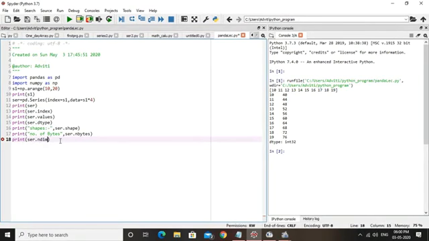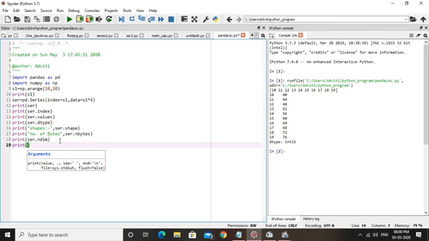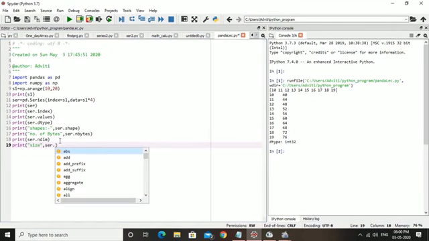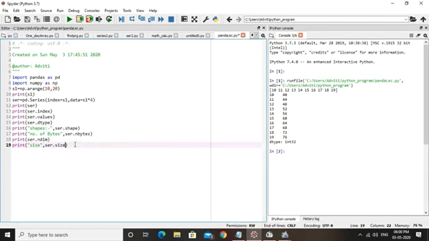Now print, and another attribute we can use is size, ser.size. So these are all attributes of a series.